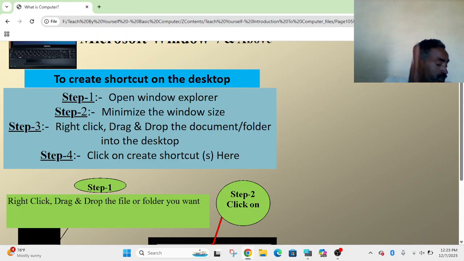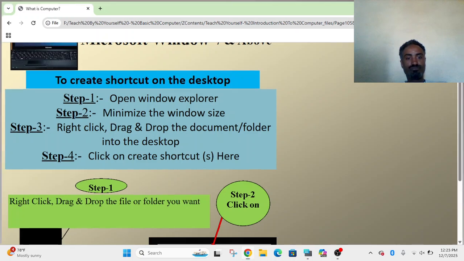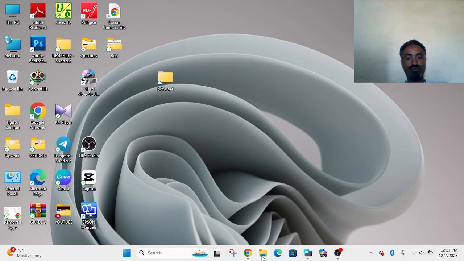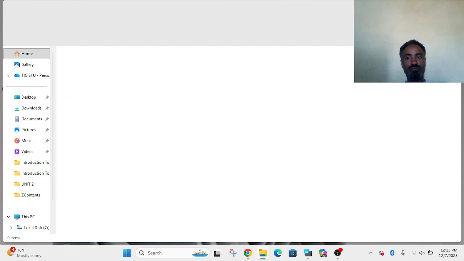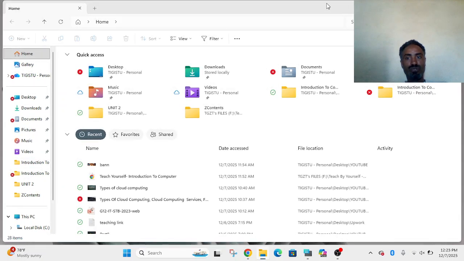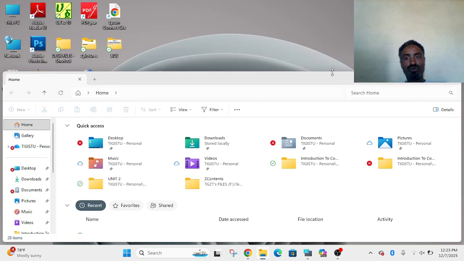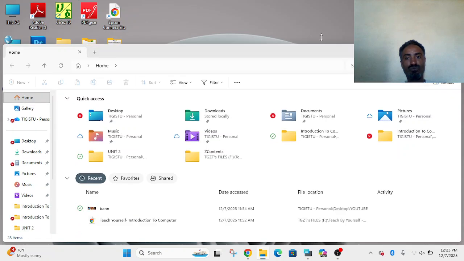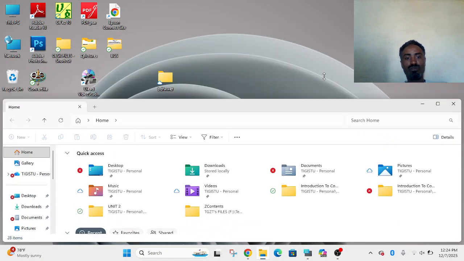Sorry. Right click without releasing, drag and drop. Right clicking in Windows Explorer, minimizing the window size. Then here we can point on this border, when it converts to this double arrow shape, you can drag and drop like this.